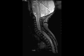The accessory nerve is the 11th cranial nerve. It has two components: the spinal accessory